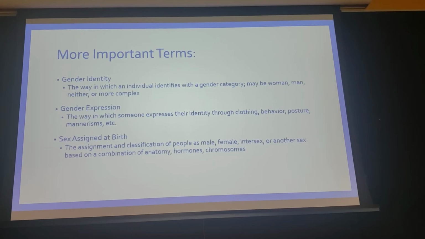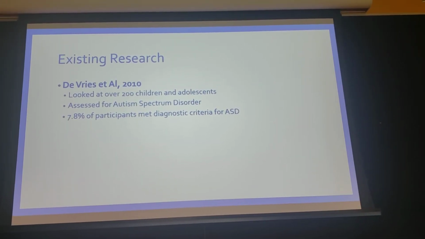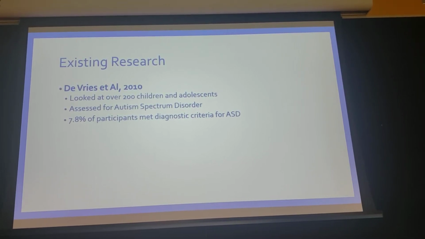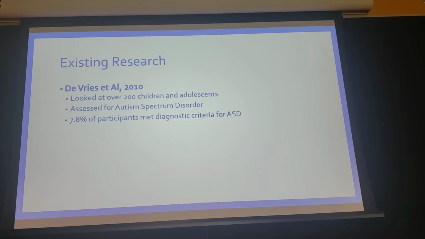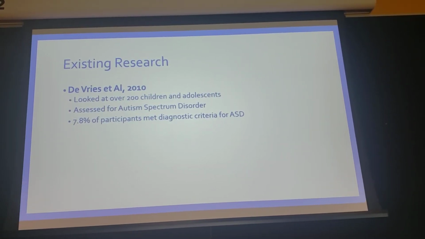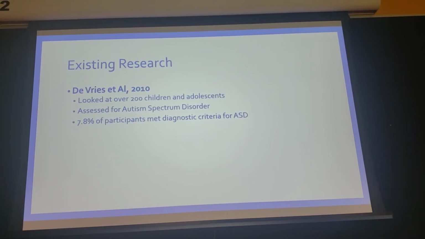So first I want to take a look at some of the existing research on this intersection of identity. One of the first studies on this intersection was published in 2010 by DeVry and their colleagues. This study looked at over 200 children and adolescents who have been referred to the gender identity clinic of a